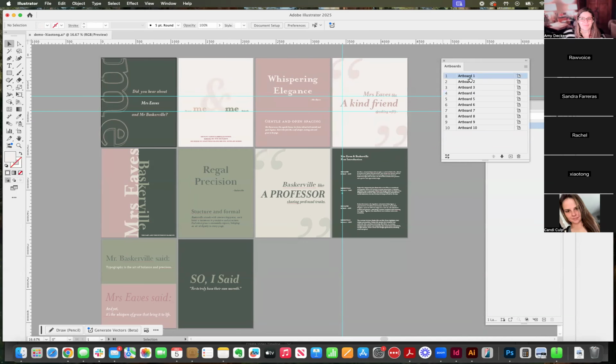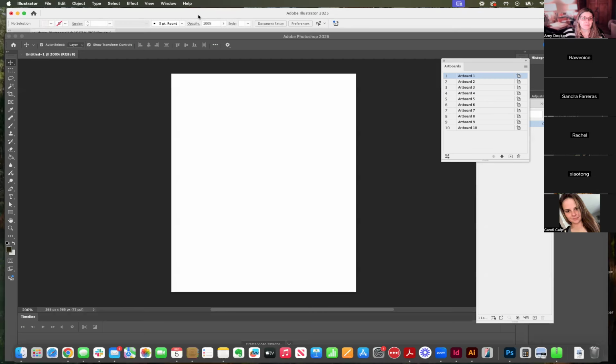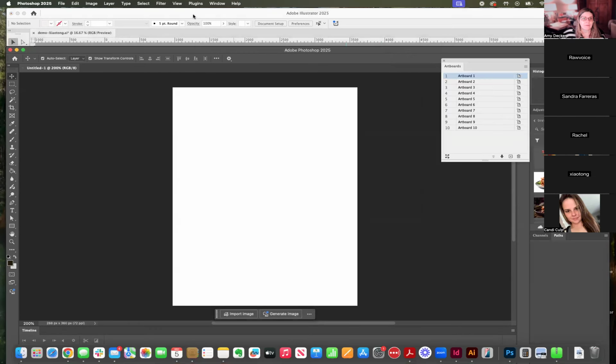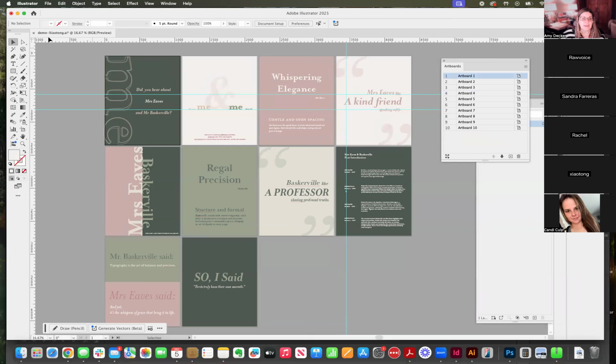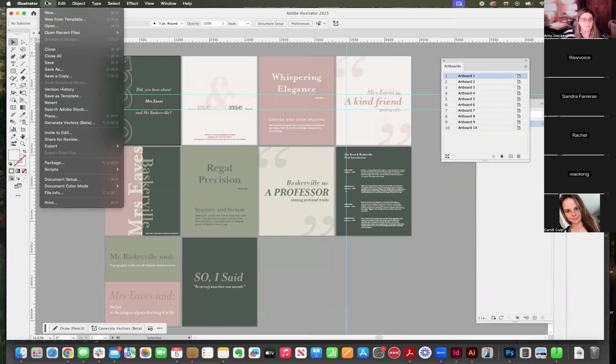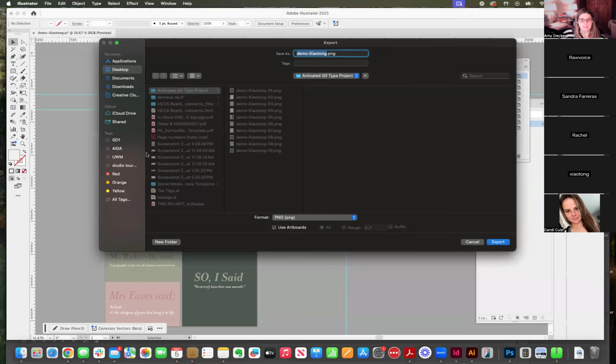Okay. We are going to output all of these artboards as separate files. And then we're going to need to bring them into Photoshop and put each file on its own layer. So what we're going to do is go File, Export, Export As,